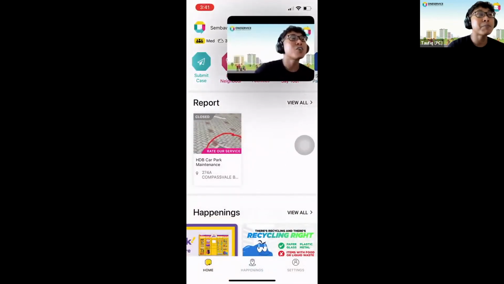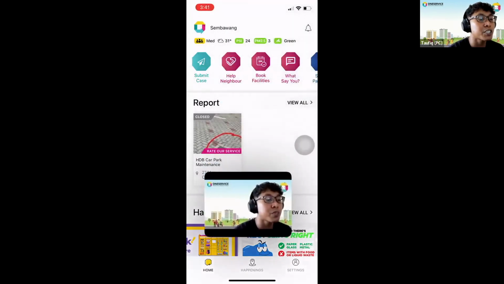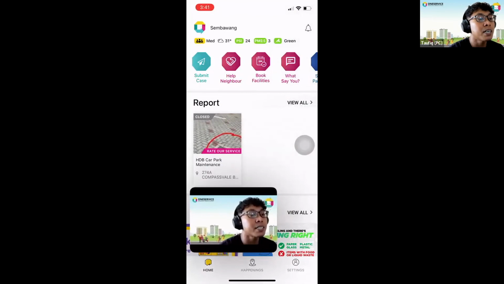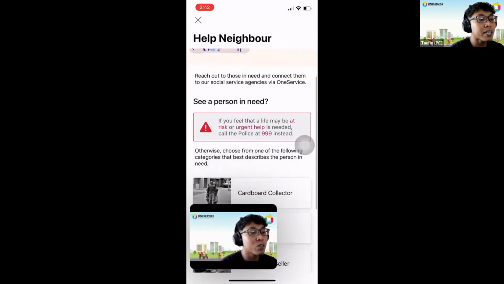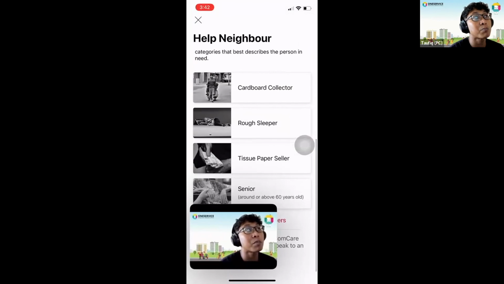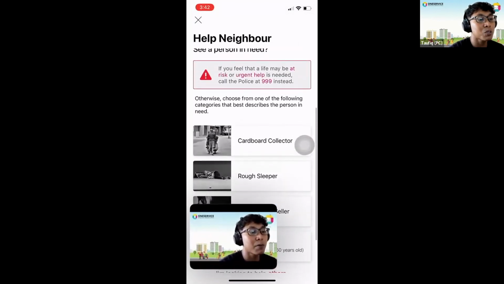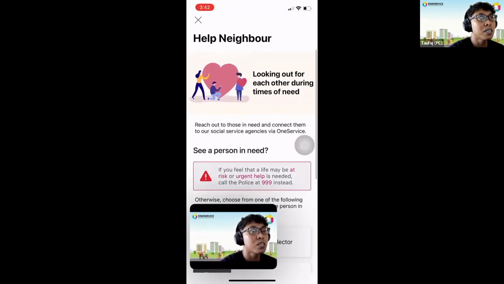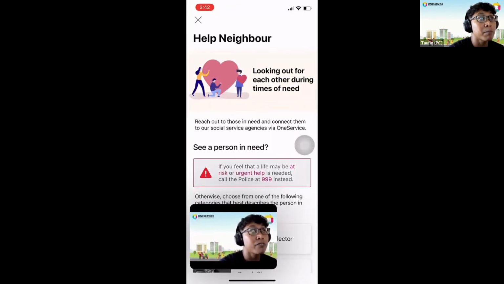All right. Okay. So I'm reaching almost the tail end of my presentation. I just want to share with you some other useful functionalities of the app. There is the help neighbor function, as I mentioned earlier. If you think that there are certain vulnerable people who may need assistance, you'll be able to submit the referral or the feedback to the